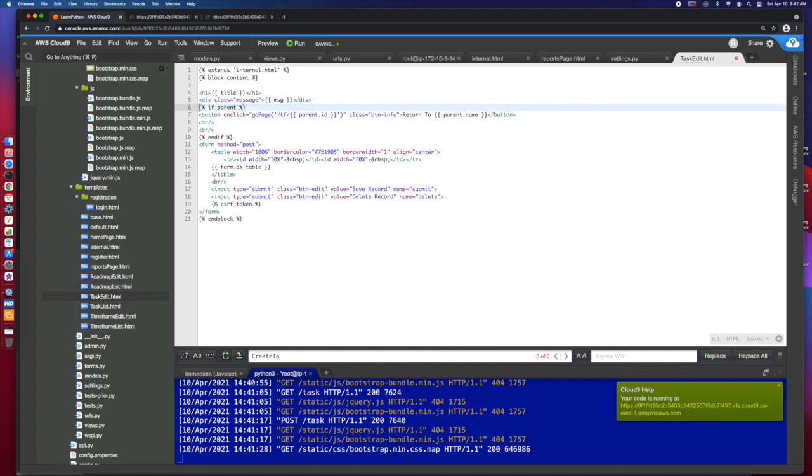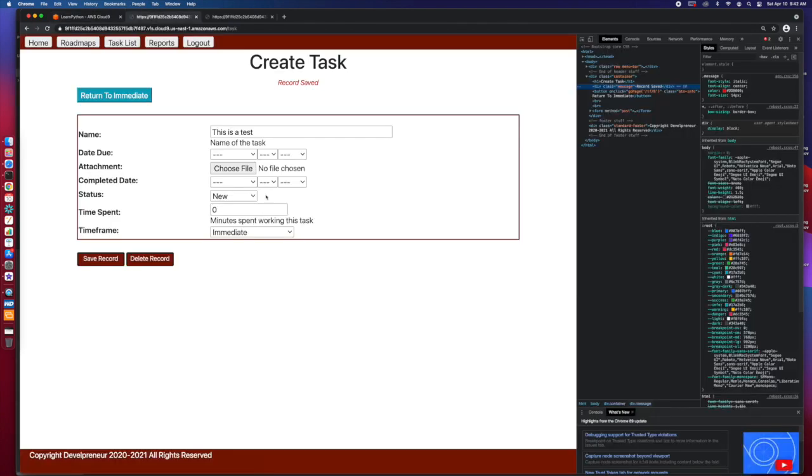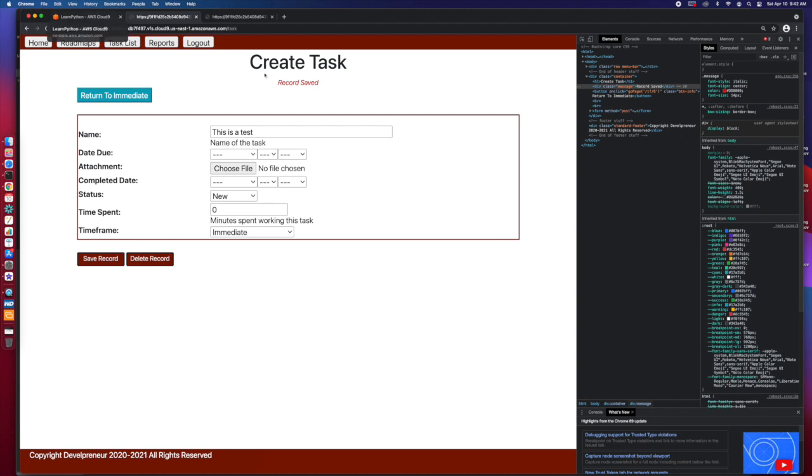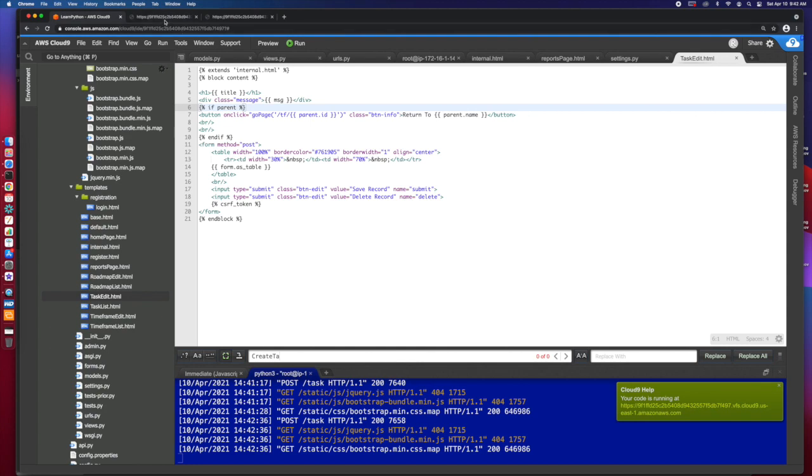And let's get rid of that. And then what I'm going to want to do here, record saved. So now if I take that, this is a new record. And if I take this and try to delete it, let's see what it does. It doesn't really display anything on me. So what I need to do on the delete,